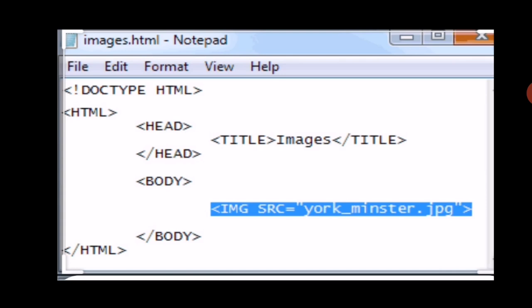Suppose your picture is on your desktop. You go to the desktop, go to your picture and right click on it. After that you can see at the end there is properties. When you click on properties, the properties window will appear. You can see the location or path of your picture. You can also see the picture name and its extension, like whether it is a jpg, a jpeg, or a bitmap picture. So you can see the extension of the picture there also.